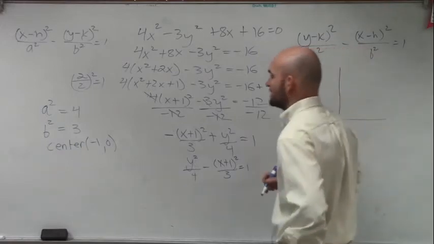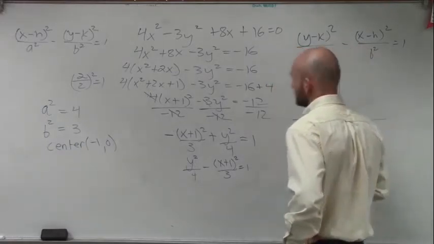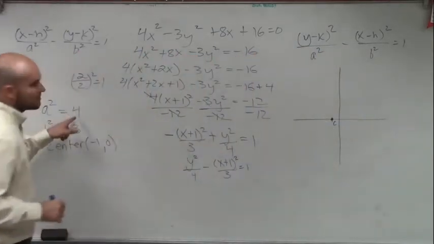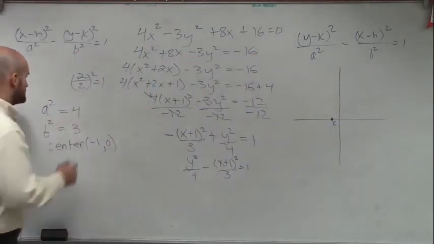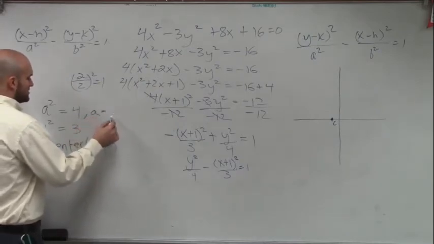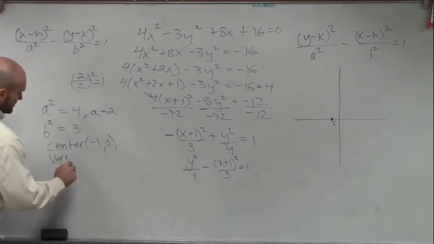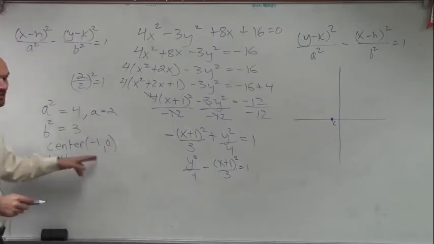So, we know our center is at -1, 0. Okay? The vertices are going to be plus or minus a. So therefore, if a squared equals 4, we know that a equals 2. So to find the vertices,